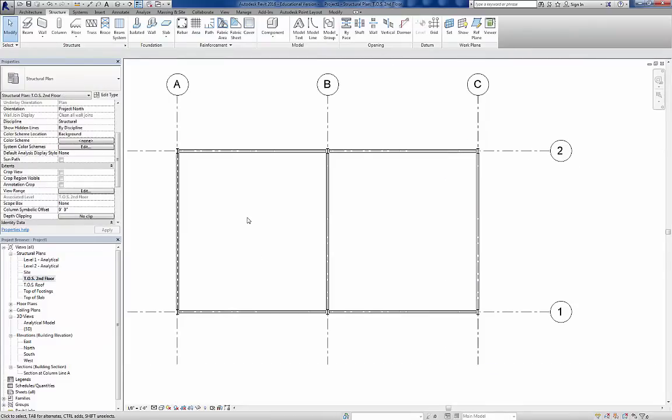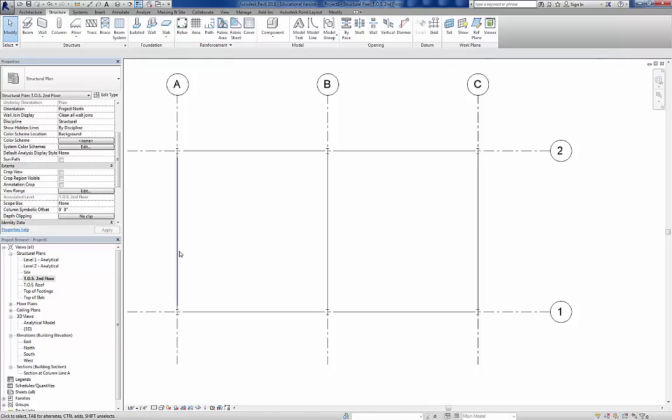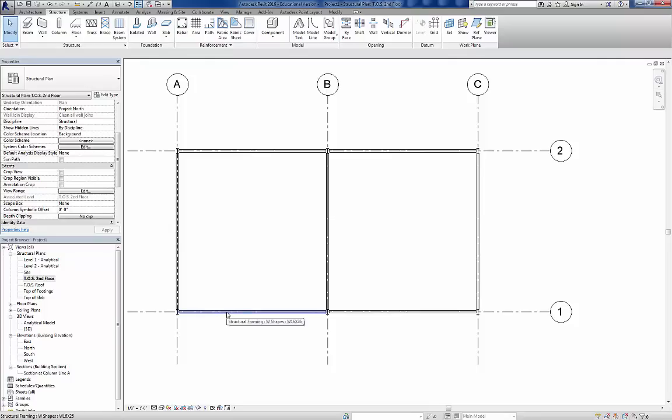Let's go back to top of slab second floor. Okay. Now if I change back to a coarse view, you can see there's just my lines. If I go back to medium view, we can see it very clearly. Okay, let's add some framing to our inner bays now. So we're going to use the detail that's in our drawing. So let's do the left-hand side first. So I'm going to go in here and I'm going to go to beam